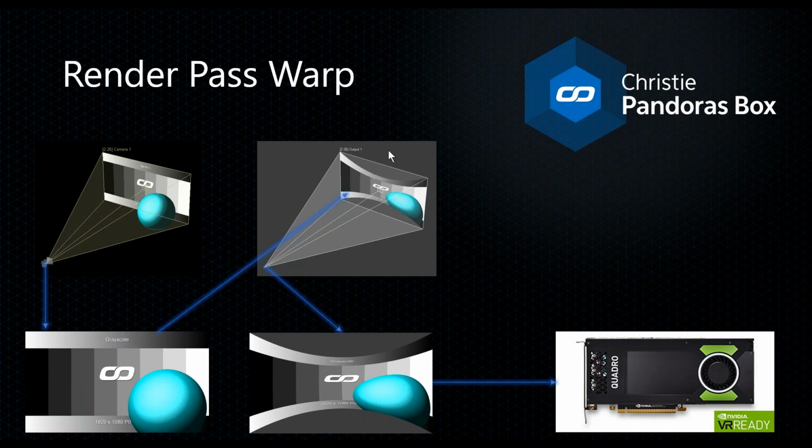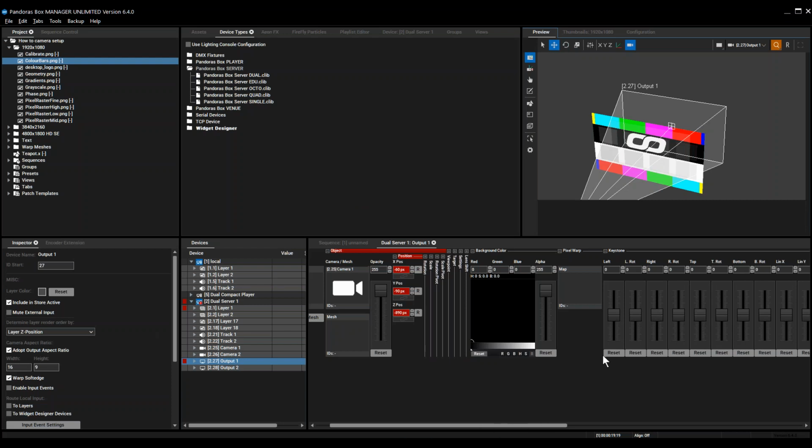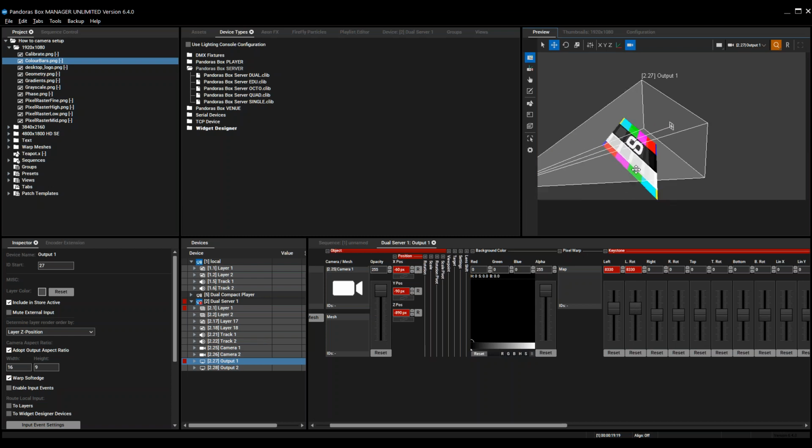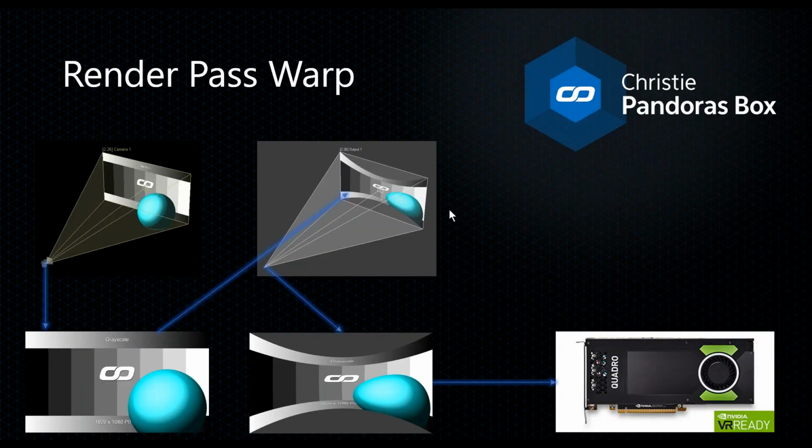What we do there, if you use a mesh on the output, or if you use the keystone tools from the output, let me show it. So the keystone feature here from the output, these features here, it's a 2D thing, right? So if you use those, it will be applied on the object on the output path, which makes it possible to use the composition path as we want,